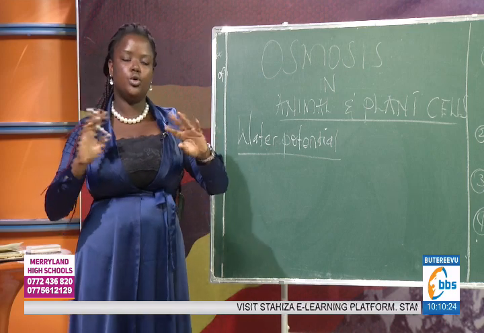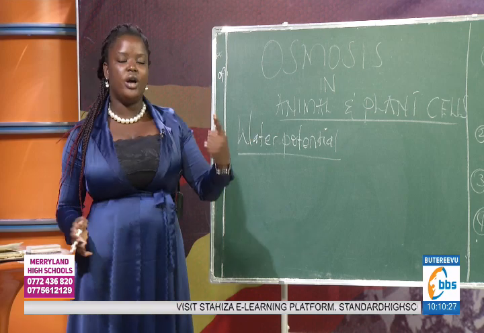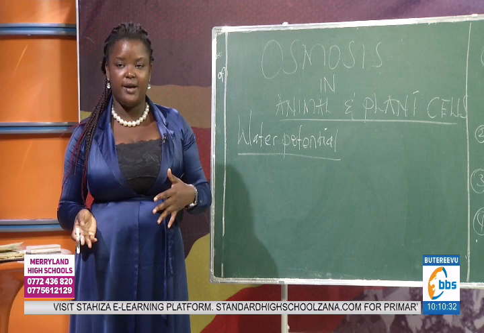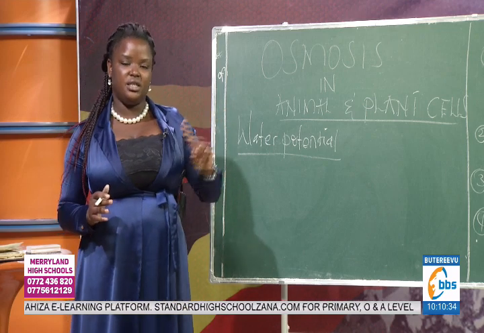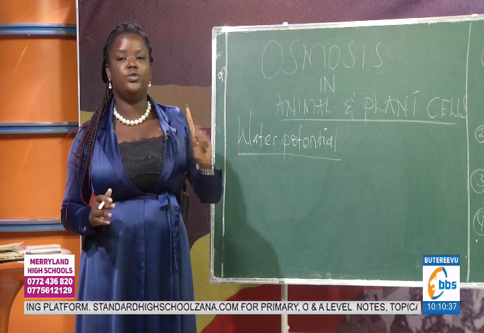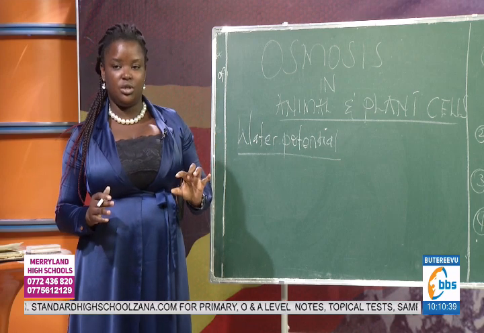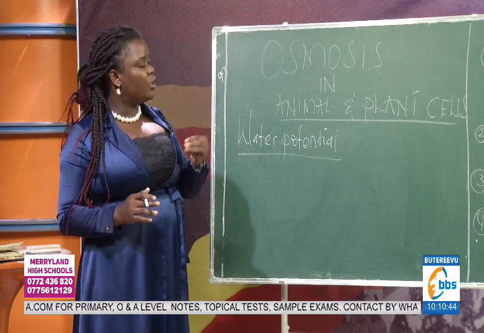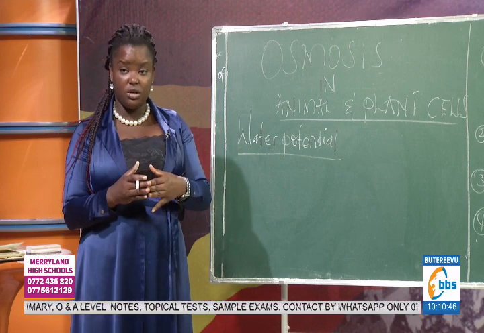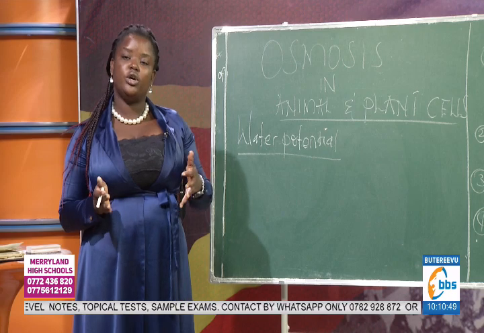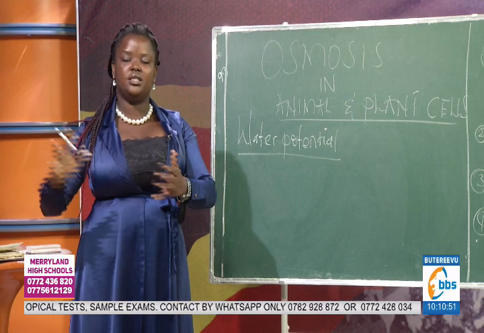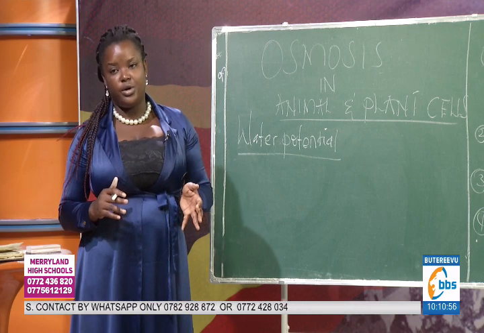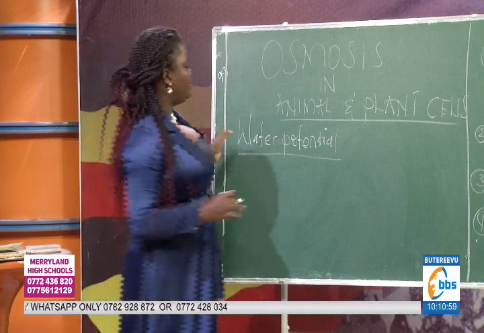If you have two cups of tea, and in one you put only one spoonful of sugar, and in the other you put four teaspoonfuls of sugar, then the one with one spoon of sugar is going to have fewer solutes. The sugar concentration is very low, and therefore few water molecules will dissolve the sugar crystals, and that cup of tea is going to be more dilute. It won't be as sweet as the one where you placed four teaspoonfuls of sugar. So that means that in the cup of tea,